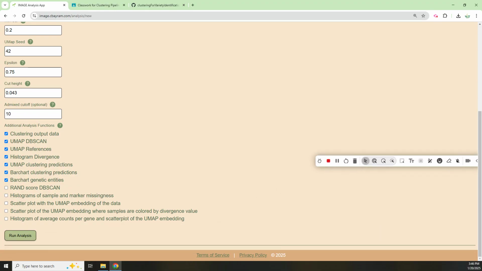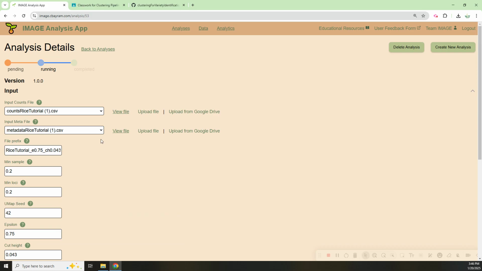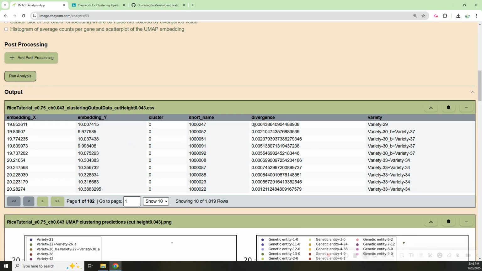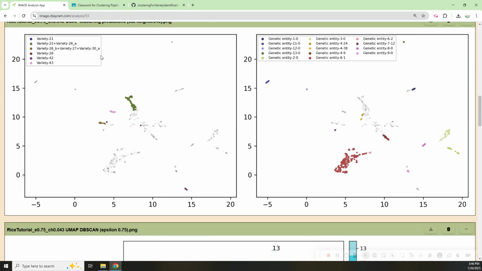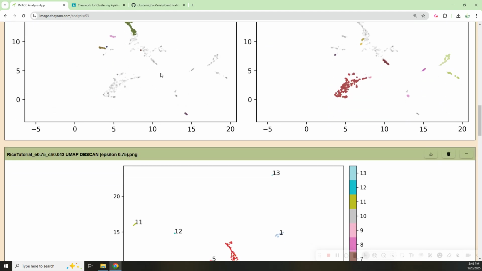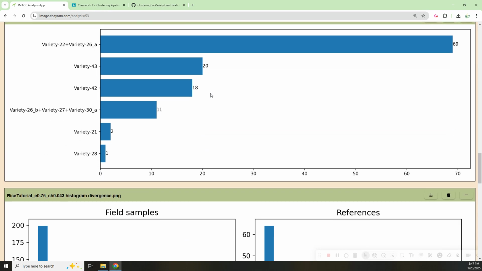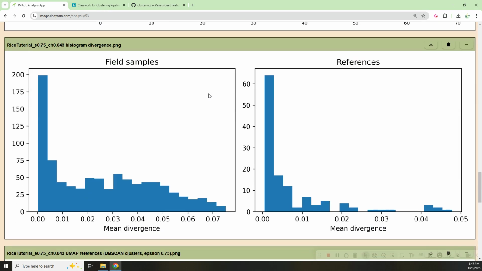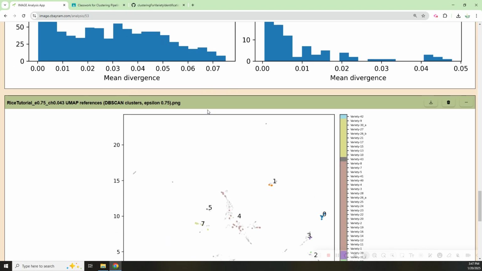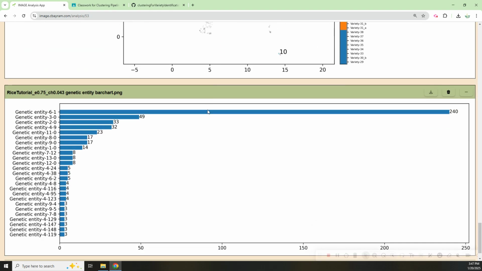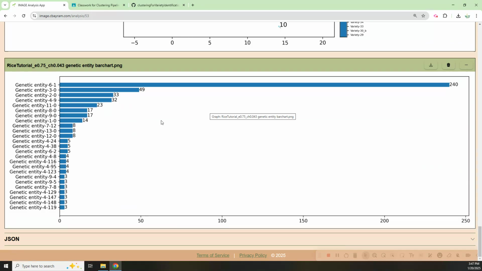Well, that's interesting. This is a little bit stuck in the way. That's unfortunate. Run analysis, and you'll see that it's running the analysis, and it completed. And we can go down here and we can look at different things that are of interest to us in terms of the outputs. And then you sort of want to reflect on those and think about what they mean. How you're going to use them. If you need to adjust anything,